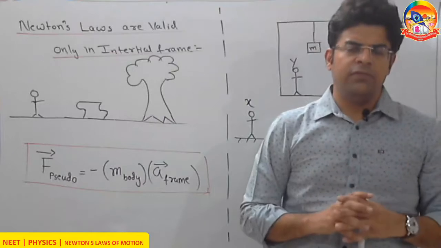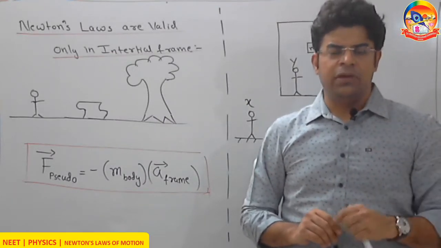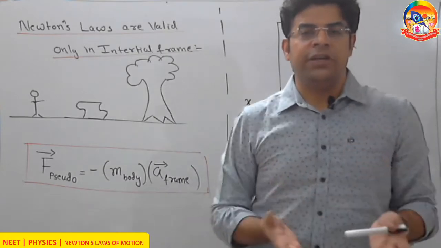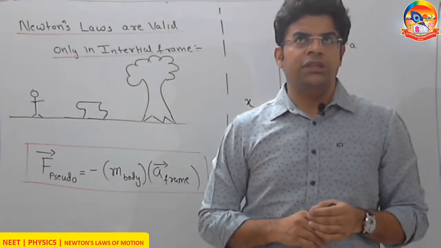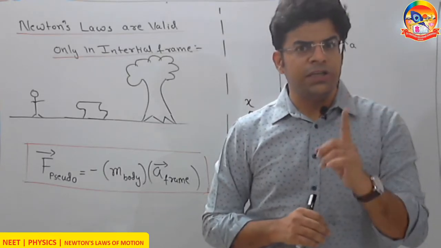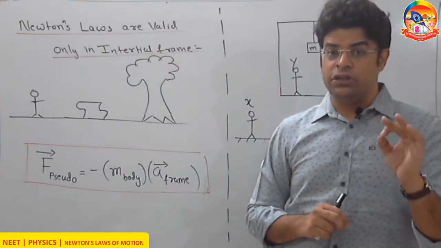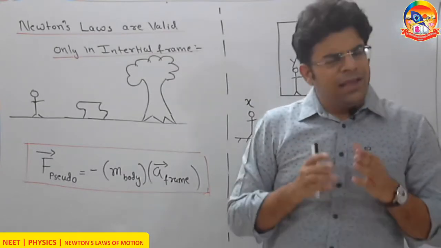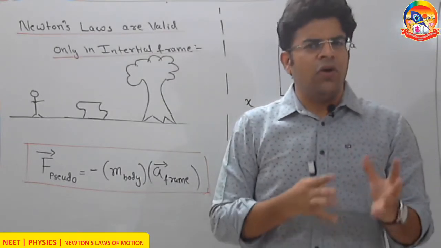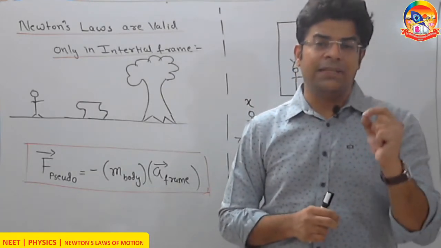Newton's law fails when observed from a non-inertial frame. When I say non-inertial frame, it means that the frame must be accelerating. So, can a frame moving at constant velocity be said to be non-inertial? No, it is inertial. Newton's law fails when observed from a non-inertial frame. So, is it so that Newton's laws are valid only in inertial frames? Yes. The observer shouldn't be accelerating.